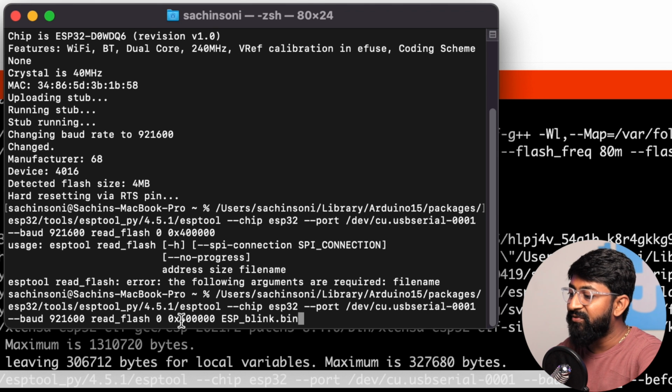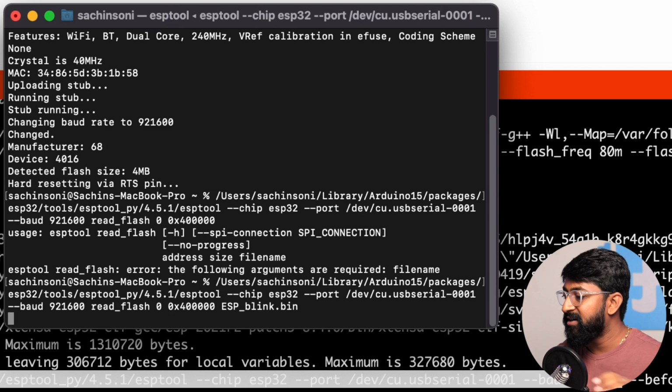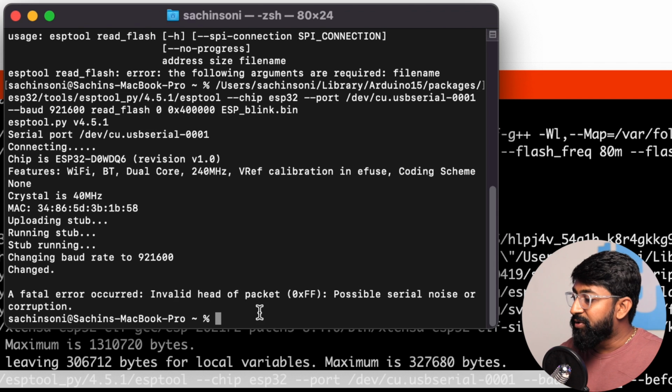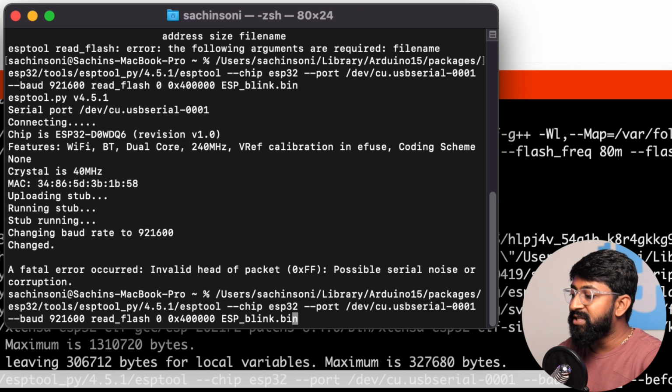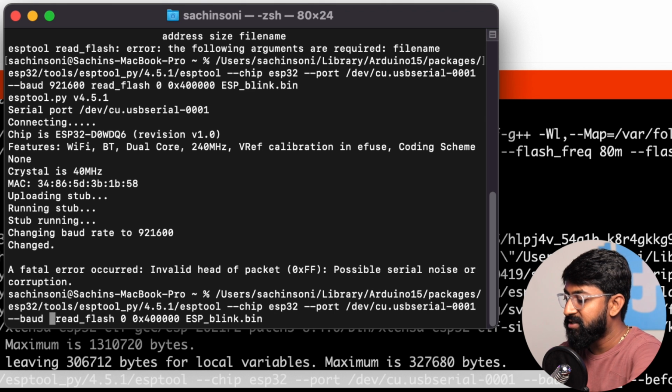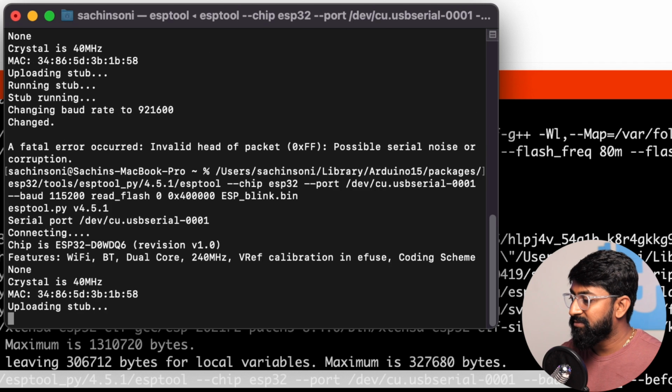Okay, so after providing this flash size and the file name, just press enter. Let's just wait for it. Okay, so right now it says a fatal error occurred. Now in the Mac systems I've faced this issue, which is sometimes the baud rate, which is mentioned here as 921600, doesn't work. So we can change the baud rate to try this step once again. I'll delete this baud rate and just type the slower baud rate, which is 115200, and after this if I press enter,